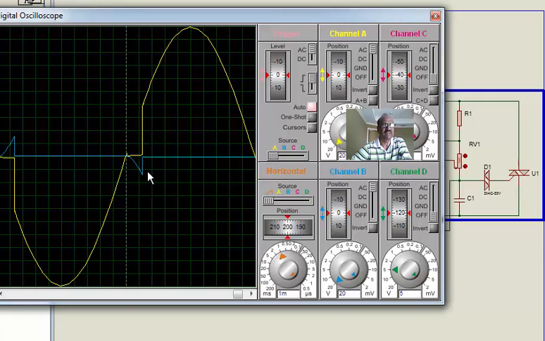We have just tried to explain only one half of the cycle. Exactly the same thing happens with the other half of the cycle. But there are many precautions which are to be taken for this kind of circuit, where you have to select the kind of triac that you want to use, because certain triacs require a very high gate current. And then there is a quadrant problem, we call it fourth quadrant and second quadrant problem,